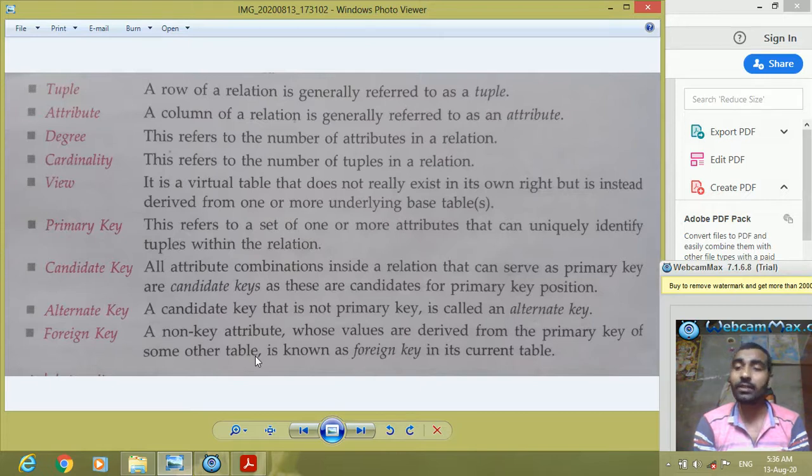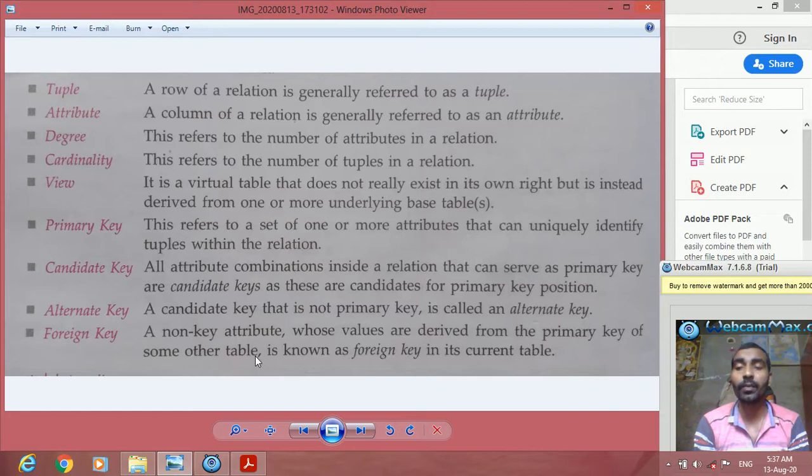So in the foreign table, or the secondary table, when we import the primary key of the base table, that is called a foreign key, because the primary key of the base table is going into the secondary table. So for the secondary table, that primary key becomes a foreign key. That's why I have given: a non-key attribute whose values are derived from the primary key of some other table is known as a foreign key in its current table.